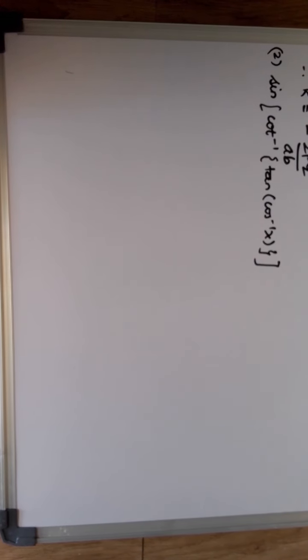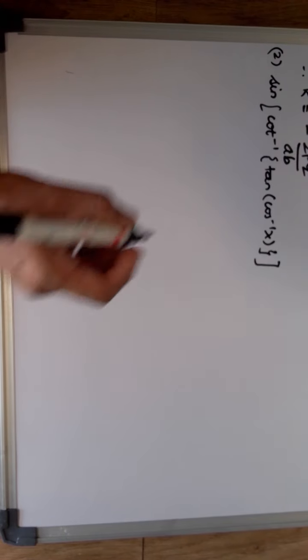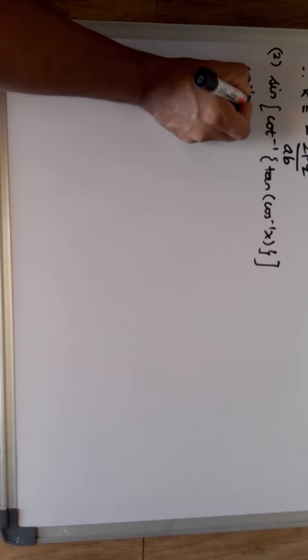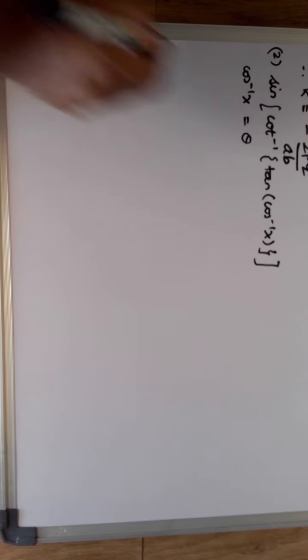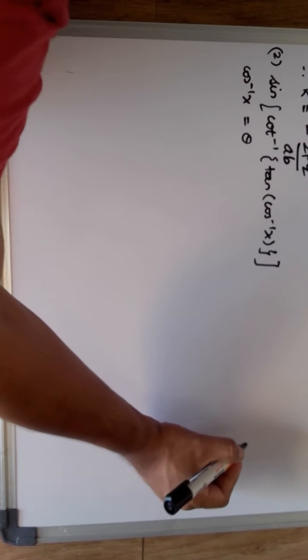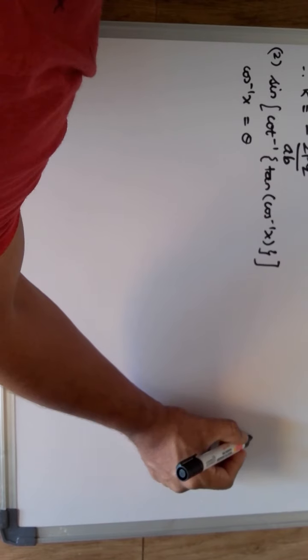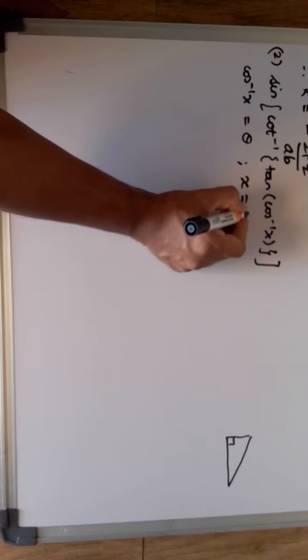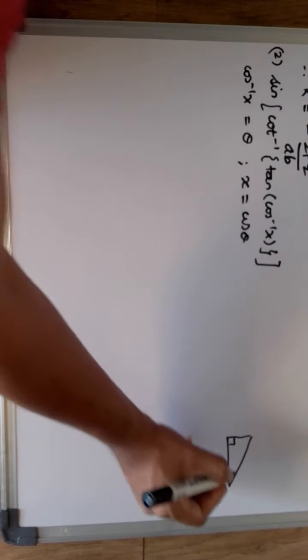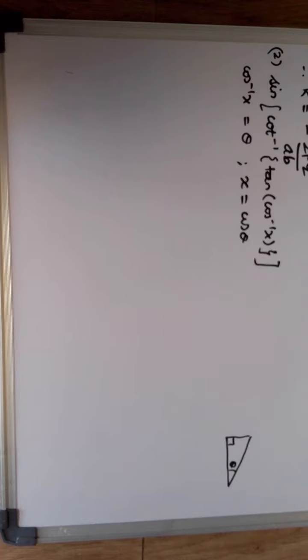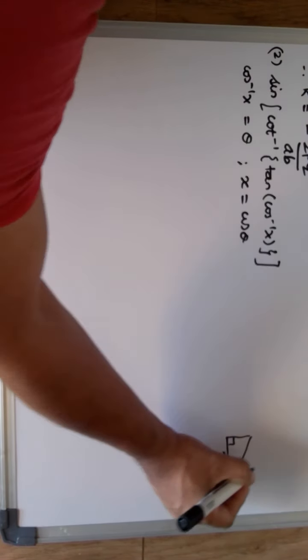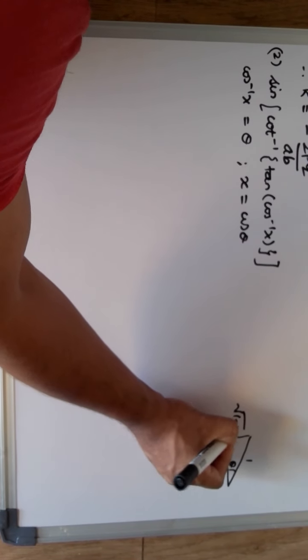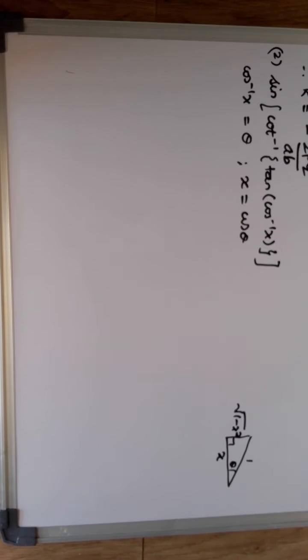Okay, so to solve this, start from the deepest part, the very deep part, that is, here suppose cos inverse x is equal to theta. Okay, so you will get here obviously a triangle which I am drawing here right now. Okay, so obviously your x is equal to cos theta. So this becomes your theta, right? This is your theta, and cos theta is x by 1. So this is x and this is 1. So this is under root 1 minus x square. Agreed?